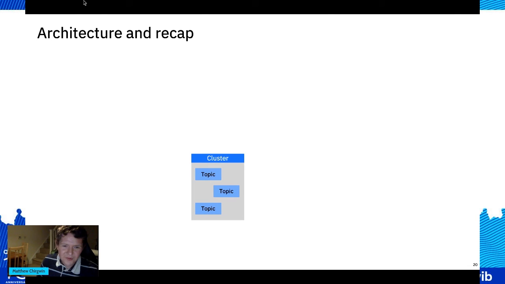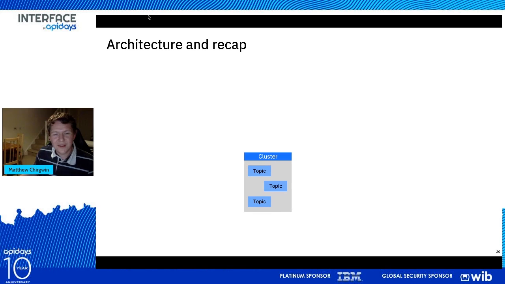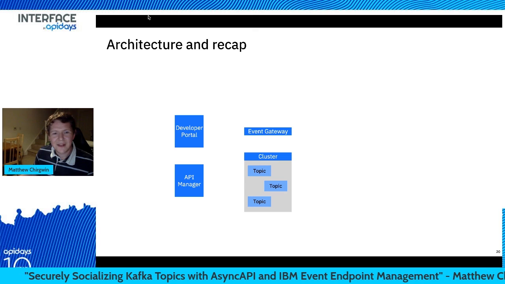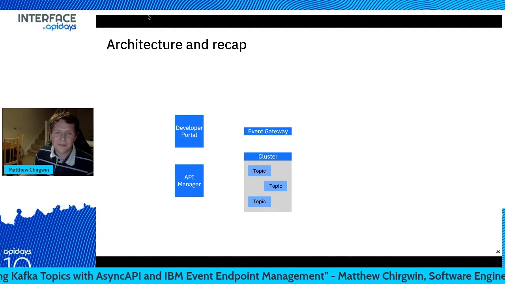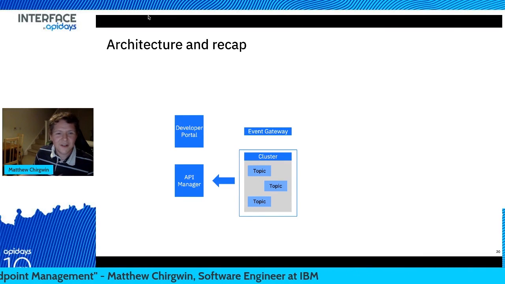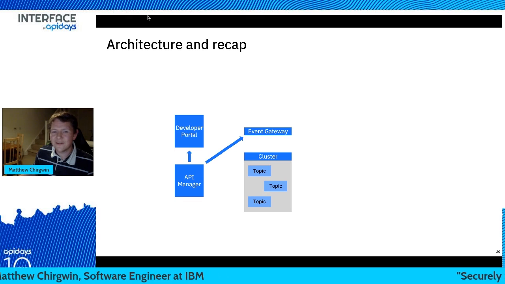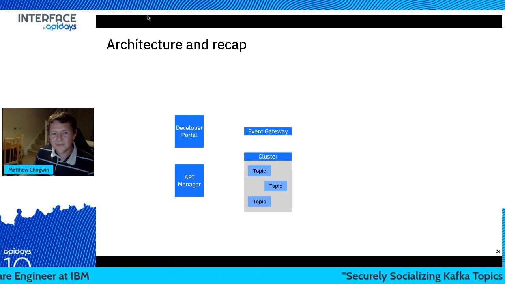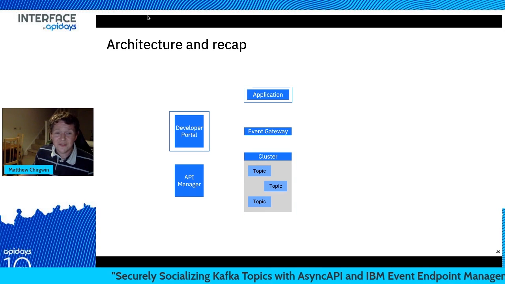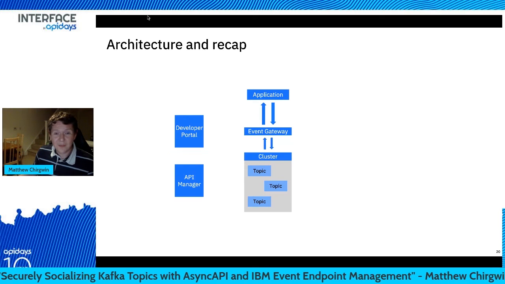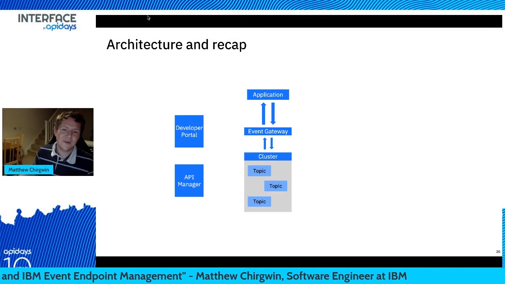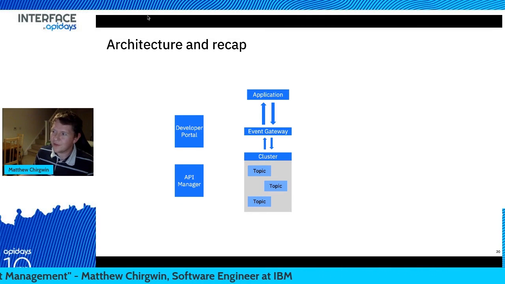So just to sum up, we started with Siobhan with her cluster, with some topics and some helpful information. She wants to be able to socialize this as an API to avoid some of the bottlenecking and issues that she's been encountering. With the addition of event endpoint management, she has 3 components available to her to help enable that. She can describe her cluster and the topics in the API manager. She can then publish that to the developer portal and event gateway, meaning that we now have a description in the developer portal of this cluster that allows Andre, with his application, to be able to sign up to make use of it. And without Siobhan needing to get involved, traffic can then flow from the application via the event gateway and that point of enforcement to the actual cluster itself.